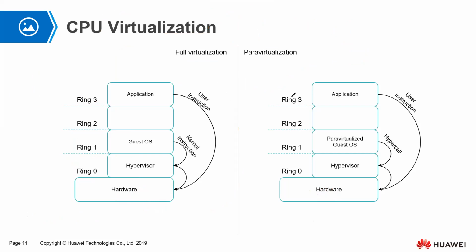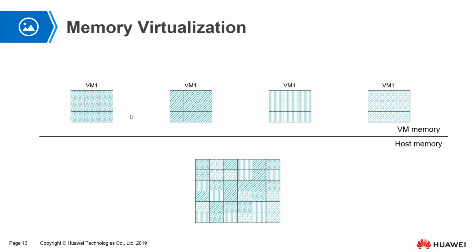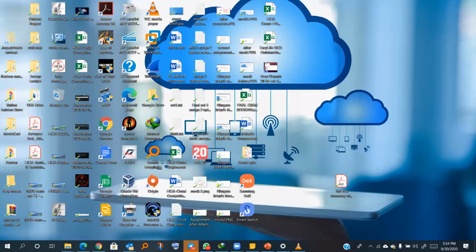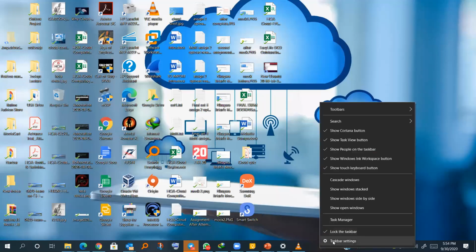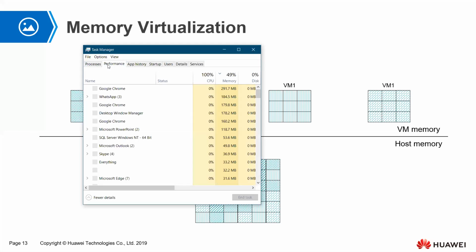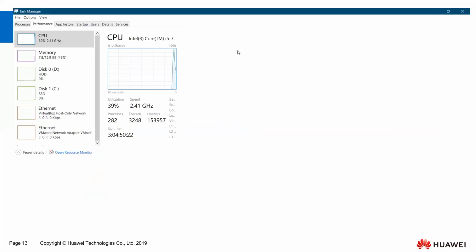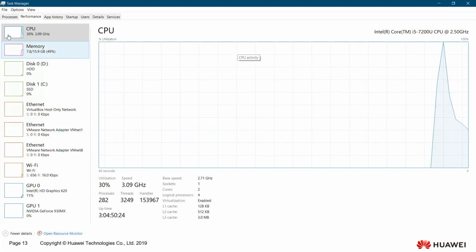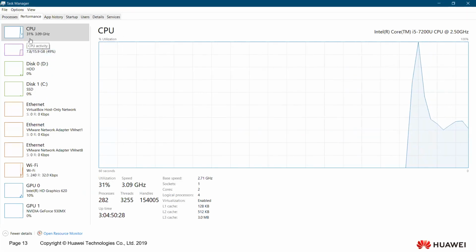All right, so let us look at memory virtualization. Just like the way we had to virtualize the CPU, if you look at my CPU in Task Manager, under Performance, this is not a server, but I'm using about 37%.